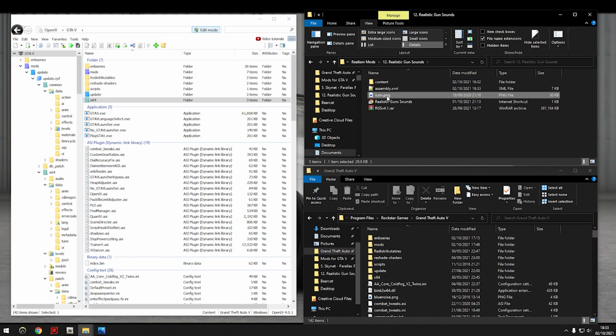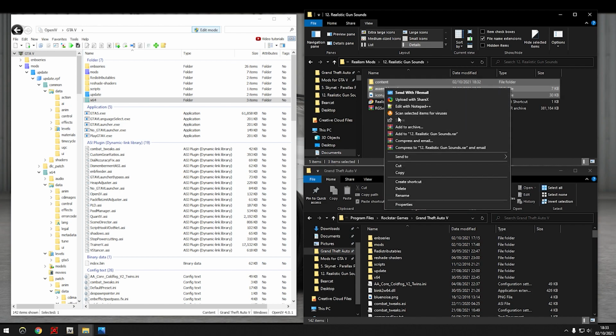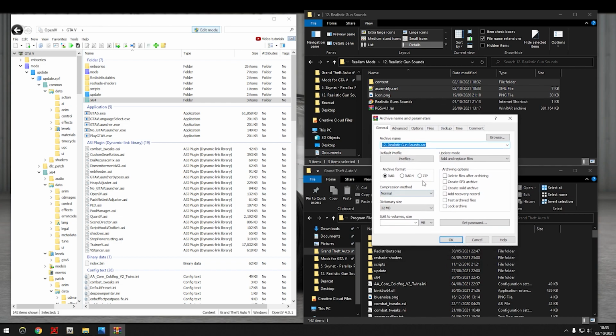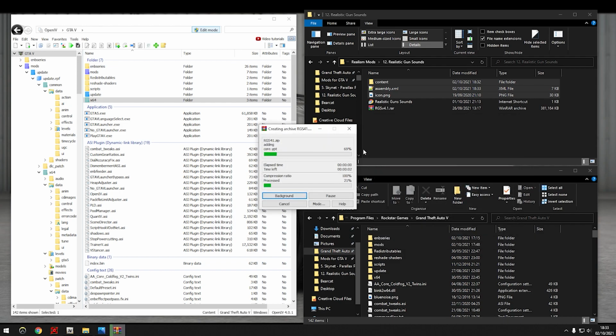Okay, perfect. Now highlight these 3: icon, assembly, and content. Right click, add to archive, and name it to RGS41.zip, realistic gun sounds 41.zip. Compress it,